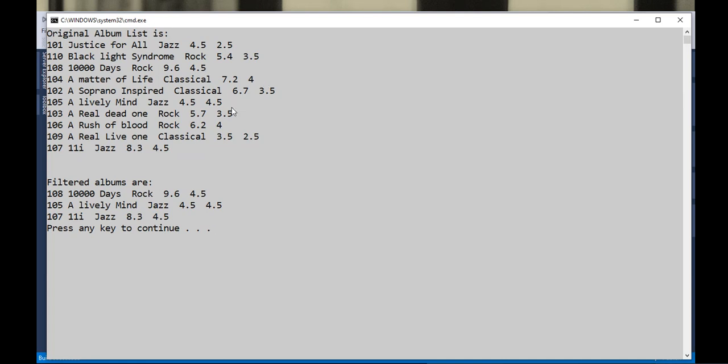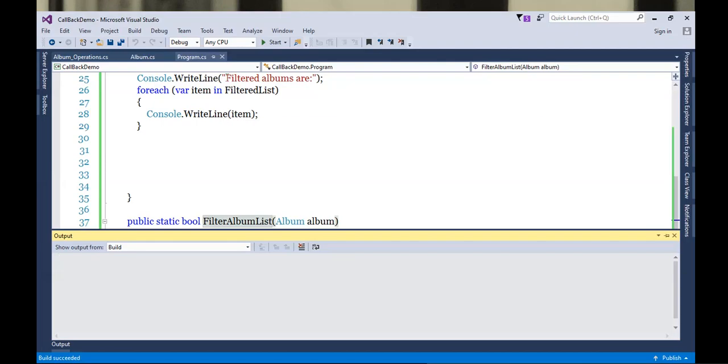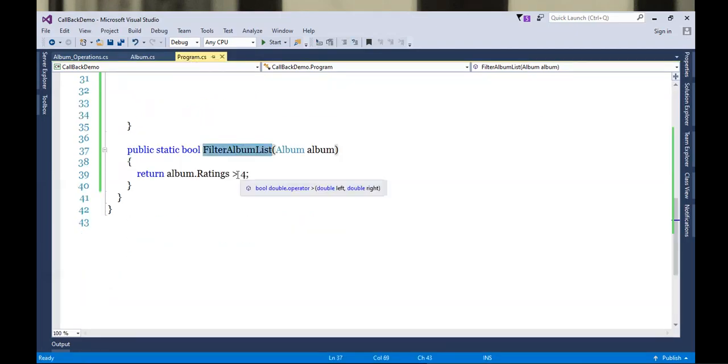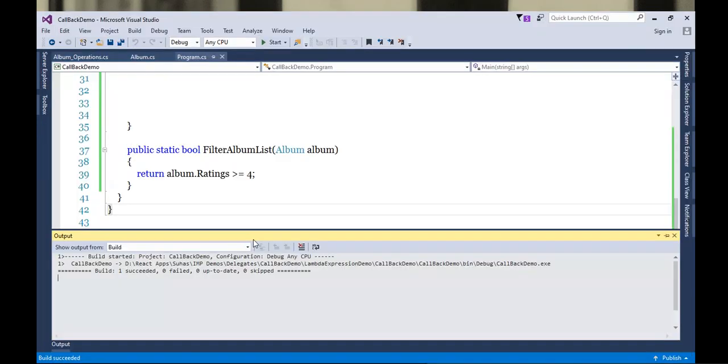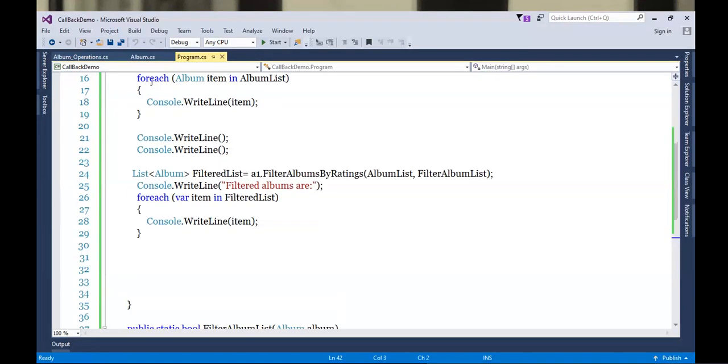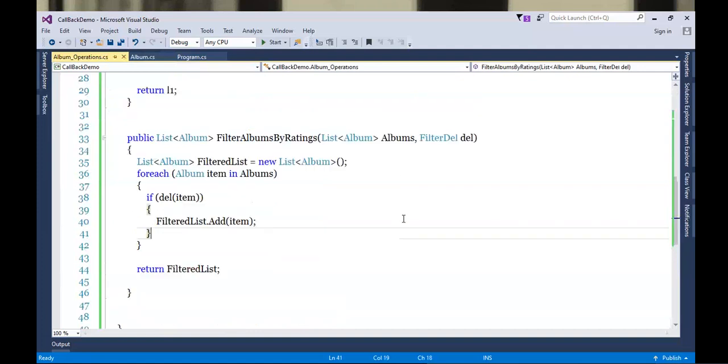So if I write greater than or equal to 4, then these two will be added. Watch out. If I run this, watch, those two are added. The ratings 4 and 1 get added. Okay. So this is how you handle the callback using delegate.